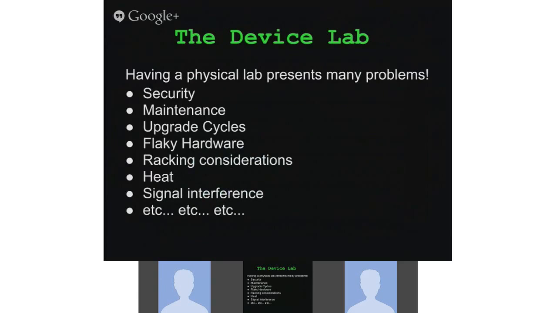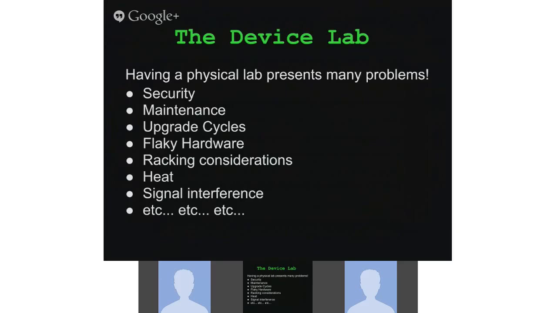So managing the physical lab has lots of problems. I mean, there's security. Somebody can just waltz in and steal your phone. There's maintenance. You have to replace the phones. There's new phones being issued. The phones die. All kinds of things happen to them. Then you have to upgrade the software on the phones. So you have hundreds of phones sitting there. How are you going to upgrade it? How are you going to manage it? How are you going to connect it to the proper hub?